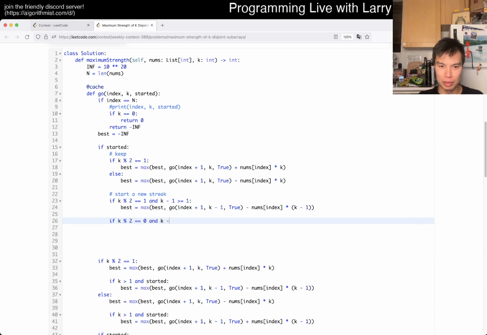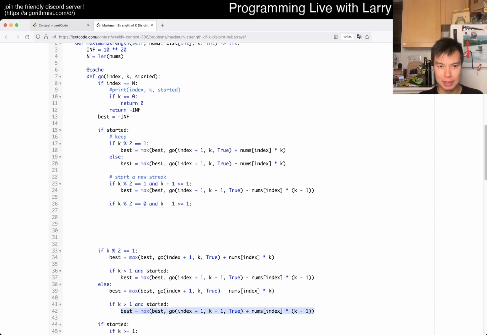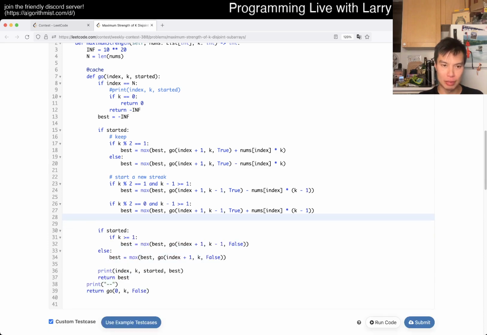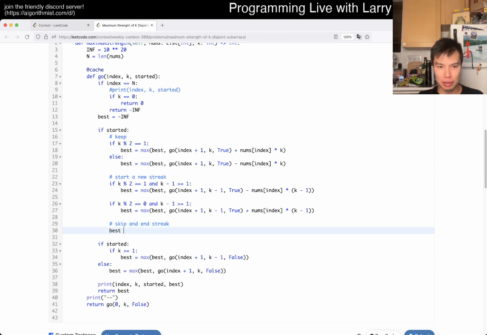I'm writing this in a really weird way for sure. And okay, so that's if it started, then we can start a new streak, or we can skip and end the streak. So then that's just